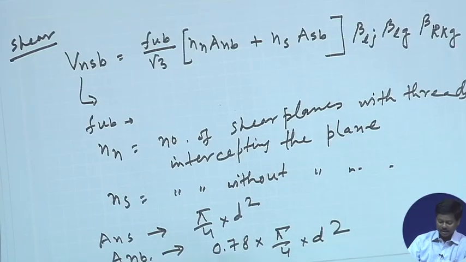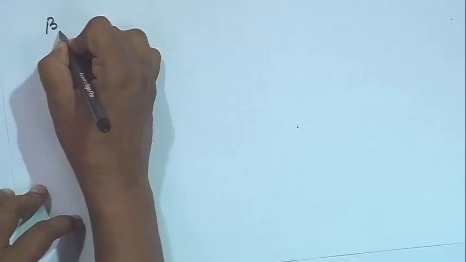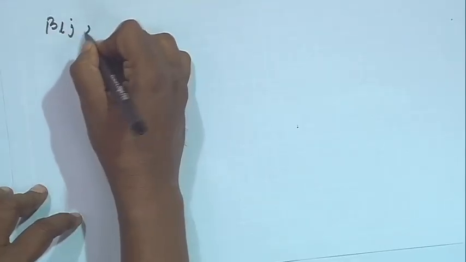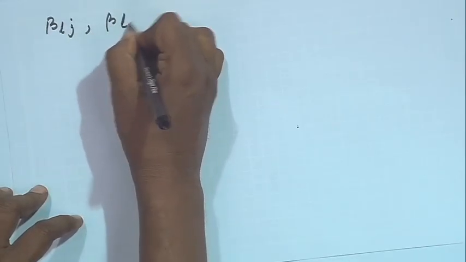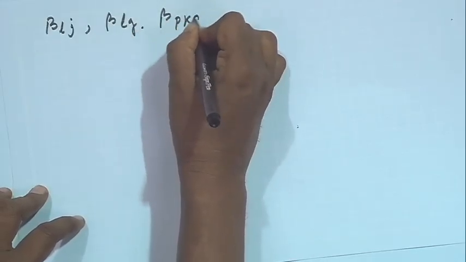That means this will be reduced to 0.78 times pi by 4 d square. So, A_nb, the net area of the threaded portion, we will consider in this way. Then the other factors are beta_lj, then beta_lg and beta